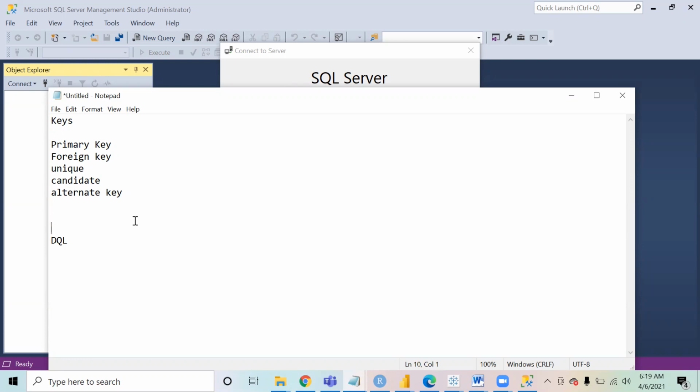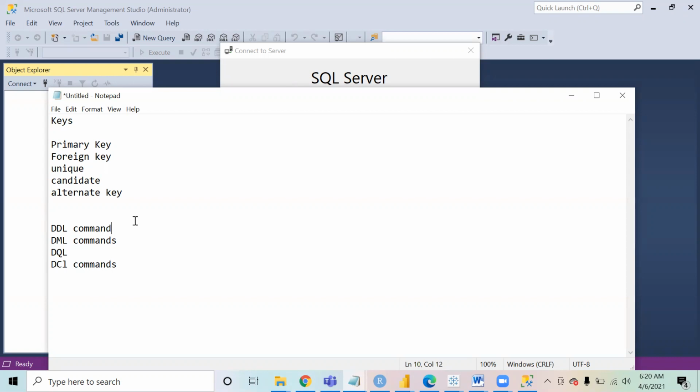We have DDL commands, DQL, DML, and then we have DCL commands. I'll tell you what all these are.